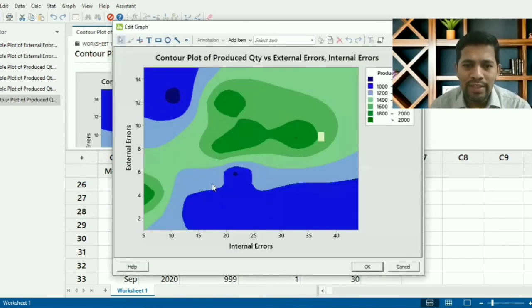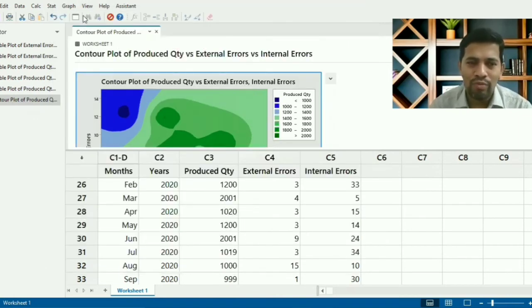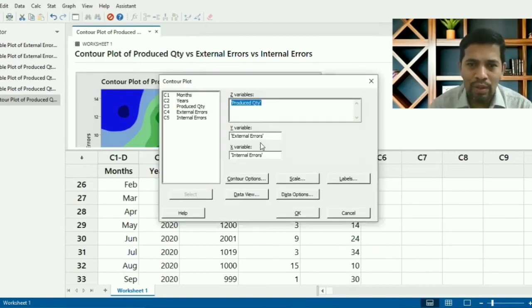So this is the internal error, external error, how much quantity we produce, all this data set, everything it gives by coloring. This is very wonderful. Let's say you wanted to add a little bit more information. Control E can give, let's say, variables you wanted to have produce quantity, and then external errors you wanted to find out.